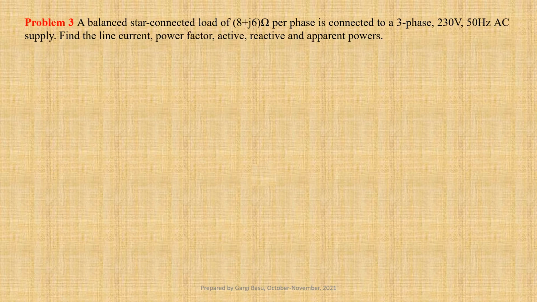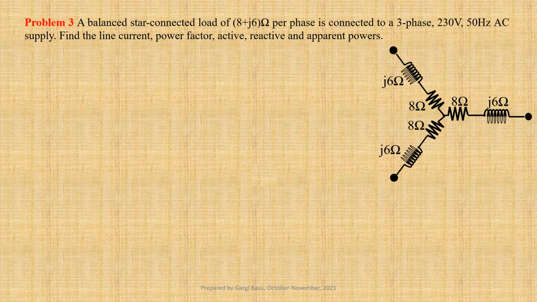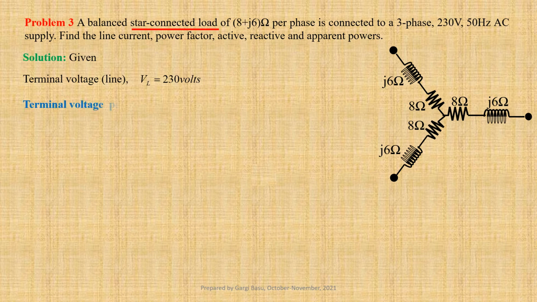A balanced star connected load of 8 plus j6 ohm per phase is connected to a 3-phase 230 volt 50 Hz AC supply. We have to calculate the line current, power factor, active, reactive and apparent powers. Let us first write down the given data. Line to line terminal voltage VL equals 230 volts. Since the load is star connected, terminal voltage per phase V phase equals VL by root 3, that is equal to 230 divided by root 3, that gives us